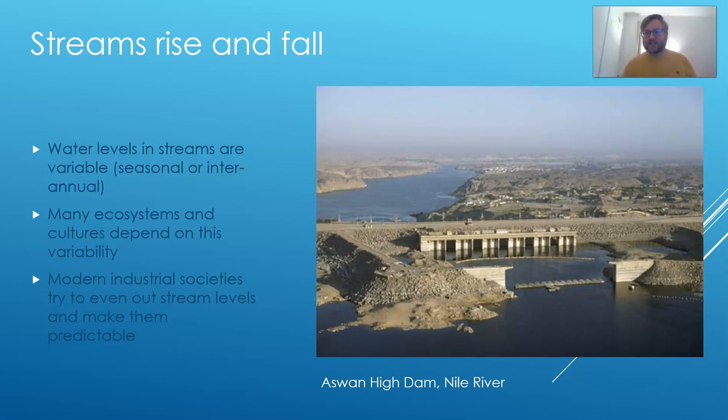That would make it easier for ships to come and go on the river because the water level would always be the same. Could make it easy to build things around the river because you always know exactly how high the river was going to be, so you didn't have to worry about building something in a place that would get flooded, etc. The downside to this was now all of the fields in Egypt were no longer being replenished